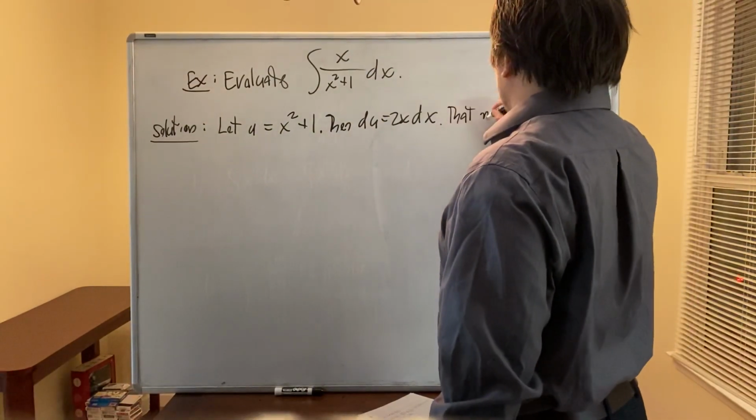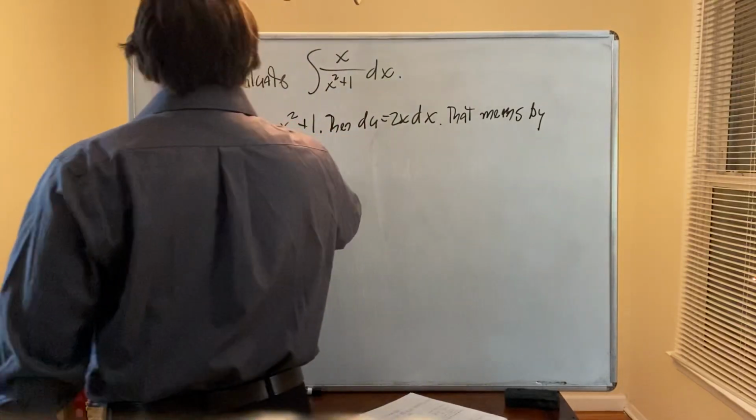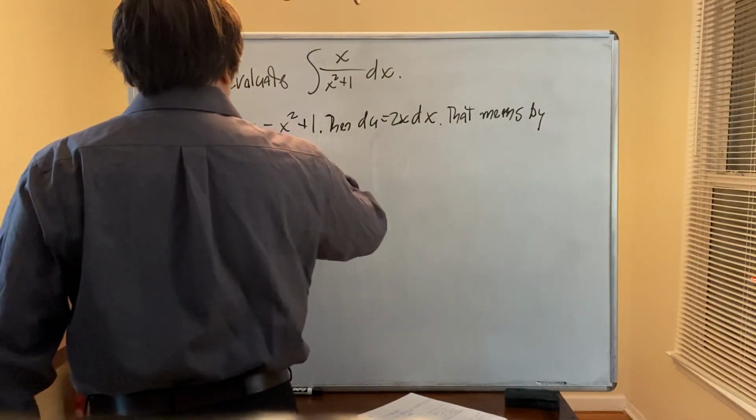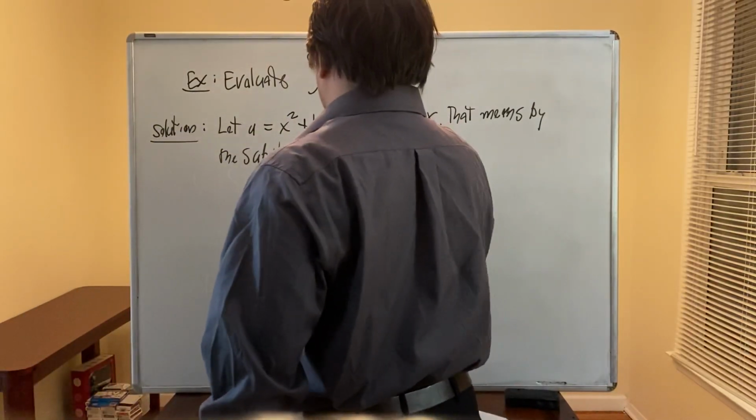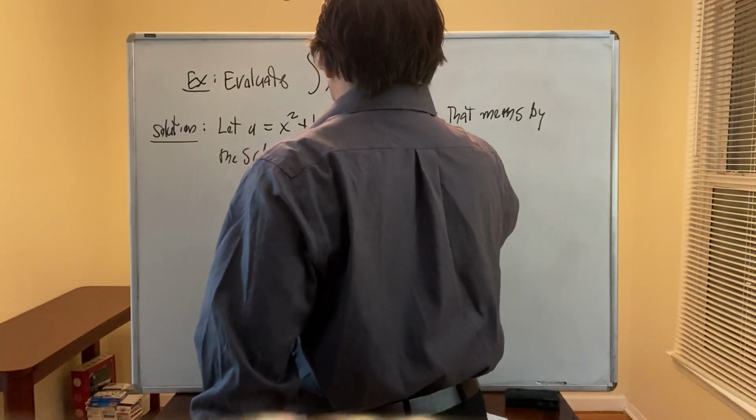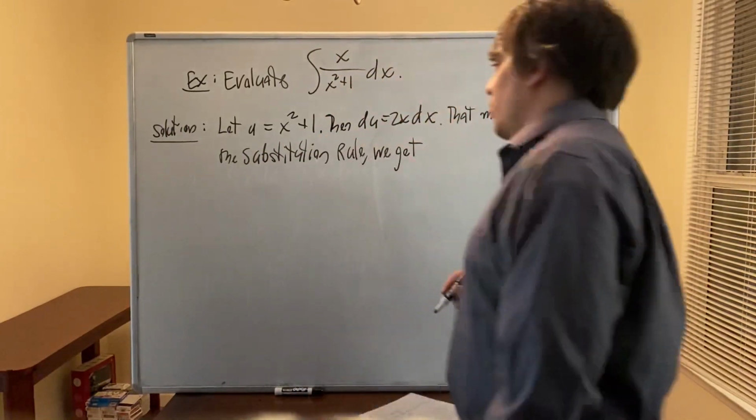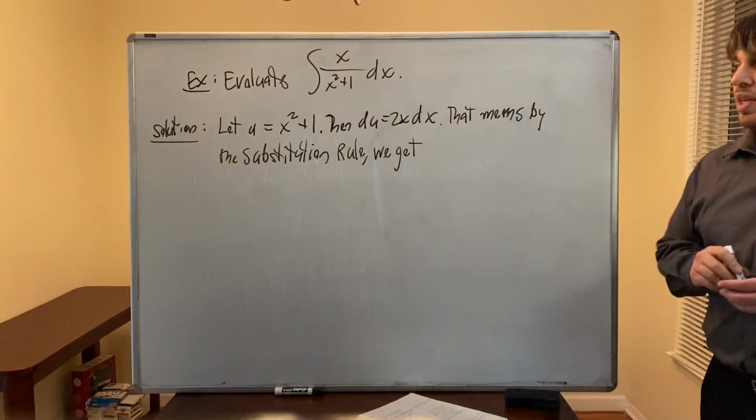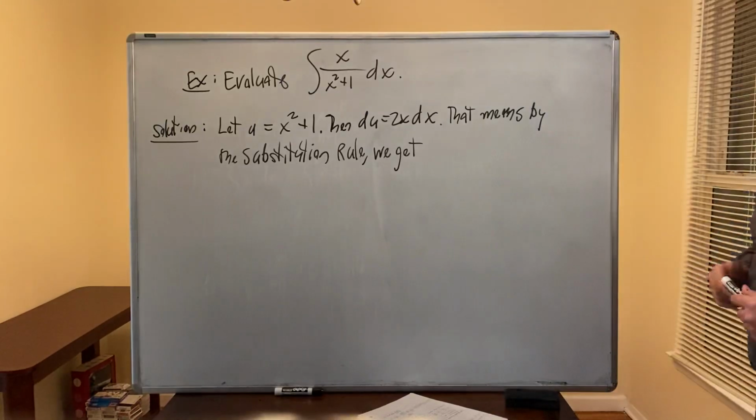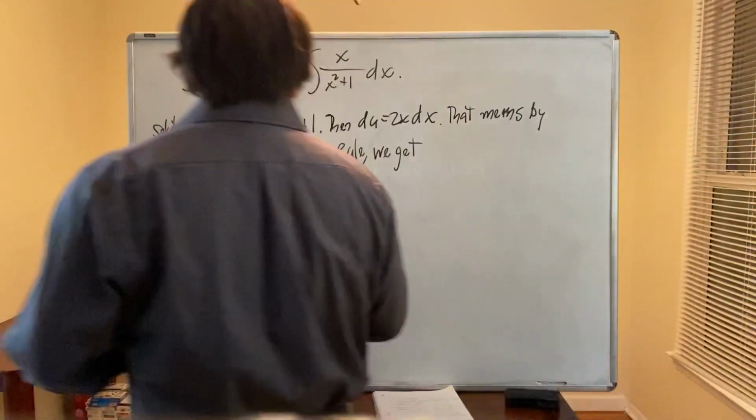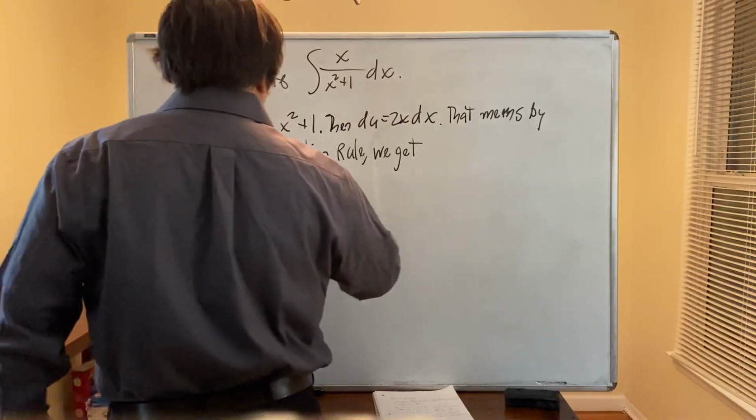That means, by the substitution rule, it's called the substitution rule, and it's also called u substitution. So I always write this down in a very similar way for you each time. Okay, so let u equal x squared plus 1, then du equals 2x dx. That means by the substitution rule, we get the integral of x over x squared plus 1 dx is equal